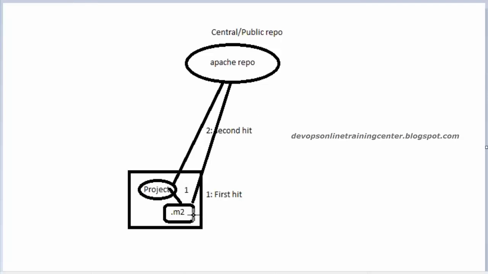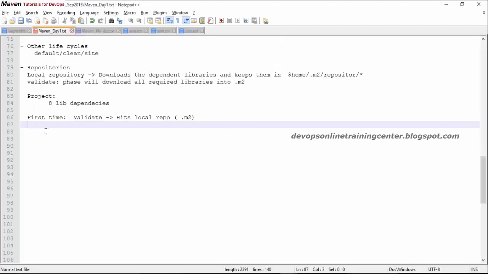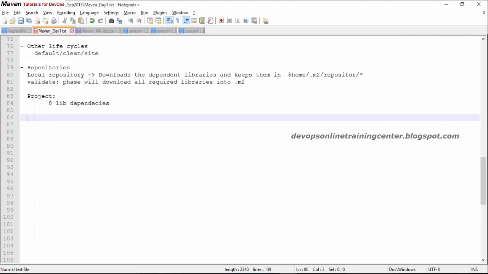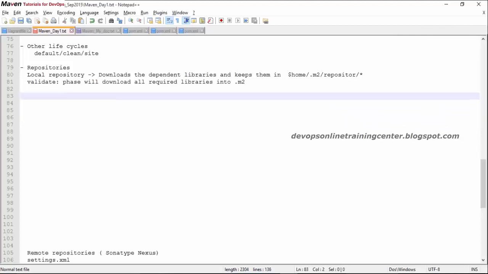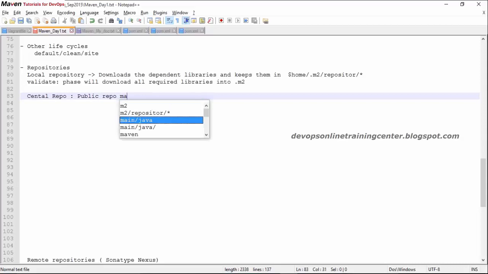But sometimes you may need internet, where the developer puts in one new dependency which was not there earlier. At that point of time, of course, it is not there in the .m2, so it connects to the central repository, downloads it and keeps it in your .m2. So this is called repository management in Maven, where you have the public repository and the local repository. These are the two types of repositories. The diagram would be much better than this explanation. The local one is called .m2, and you have one more repository called central, which is a public repo